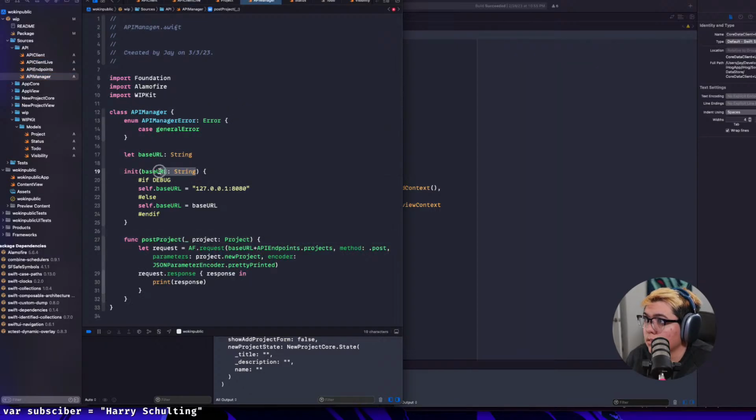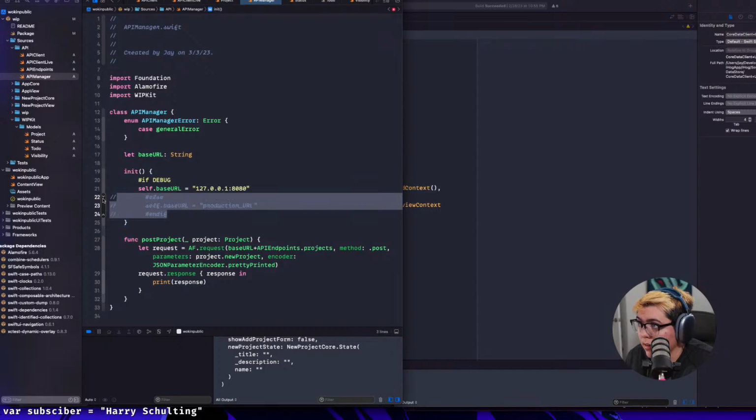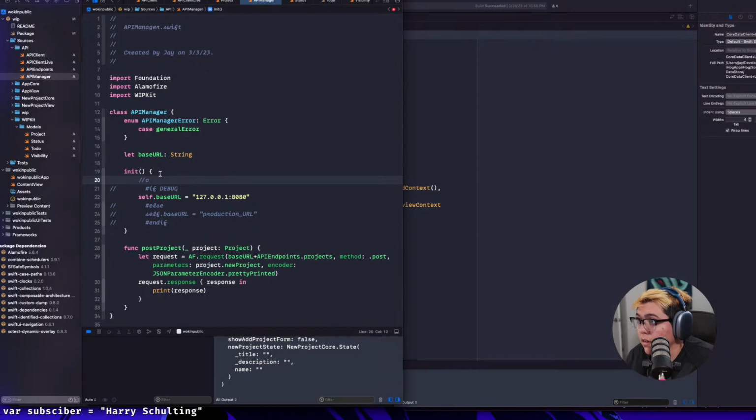Let's edit this. Equals production URL, which I don't know what it is yet. I have to figure out names and stuff. So for right now, these are actually the same. Let's just comment out this part